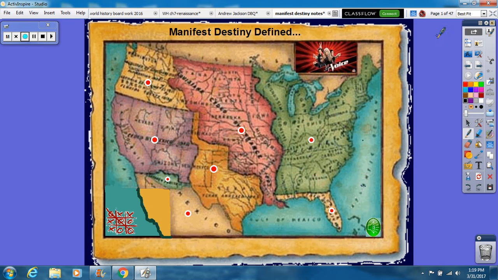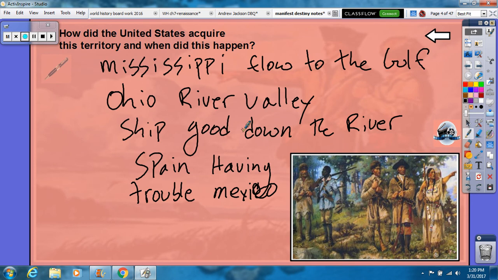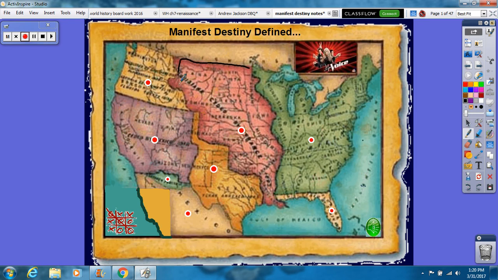Let me go back here and circle that. This small little port right here, okay? He's authorized to buy that little piece of land for $10 million, okay? For $10 million. However, Napoleon Bonaparte, who is bent on dominating all of Europe at that time, is hard-pressed for money, and he really doesn't have any desire to have this area of land, okay? So what he does is he tells Jefferson, hey, you know what? Why don't you, instead of just buying this piece of land for $10 million, why don't you buy the whole